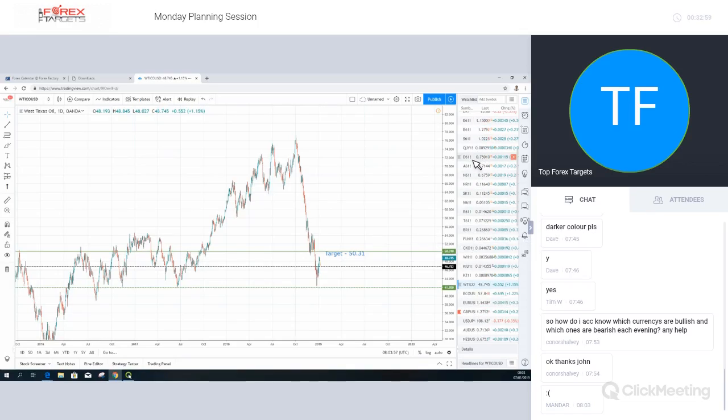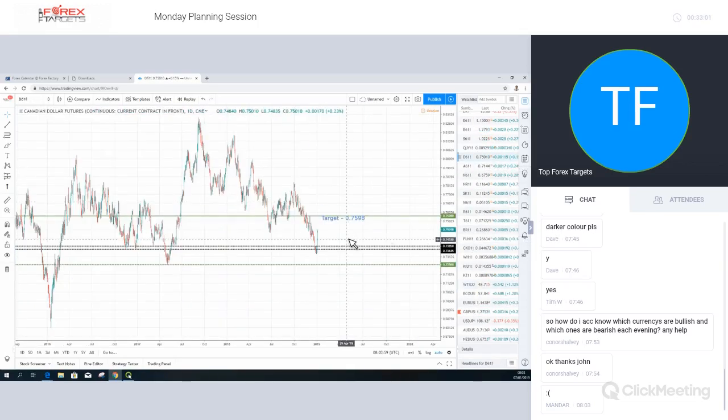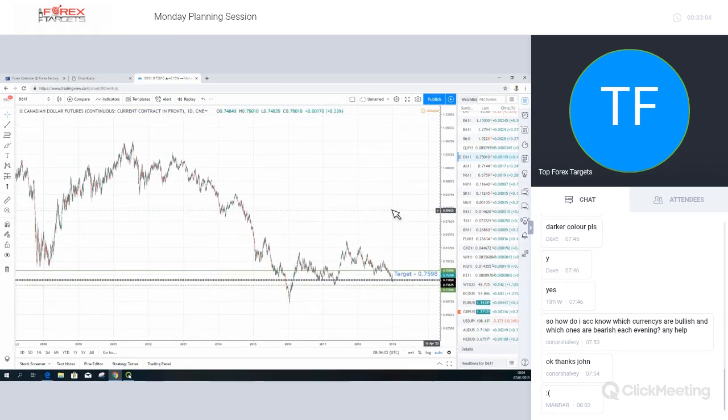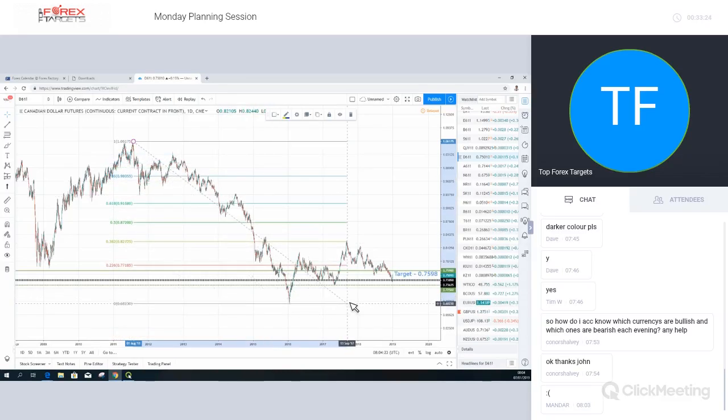But for the time being, what I would be looking at in the Canadian dollar after this, you can see if we take this on a much larger scale, it does look like we have a 1, 2, 3, and this as a fourth wave. What do we know about fourth waves? Very often they are shallow in nature, as opposed to wave 2s, which are deep. 78.6, deep wave 2, because of the psychology involved.